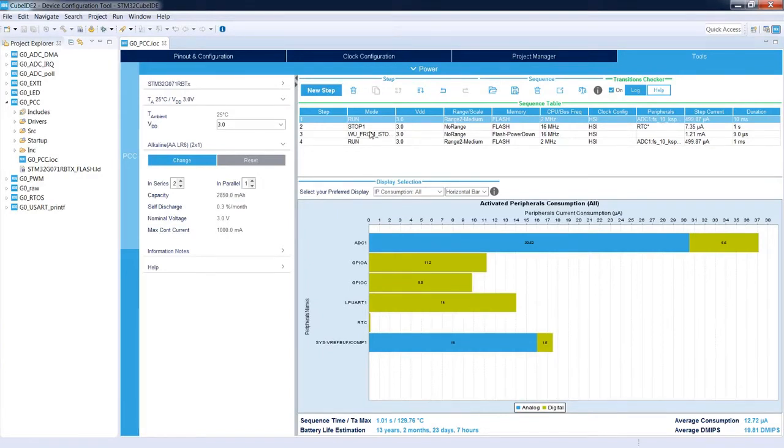What is good in this application is that this power consumption calculator allows you to estimate the current consumption of the application, how it is working, and all the data which are used within this application are taken from the datasheet. So in the real application, you can be sure that your realistic data would be very, very similar. So this is very good help if you would like to start with a new development and just check whether the selected microcontroller is appropriate or not for your application.